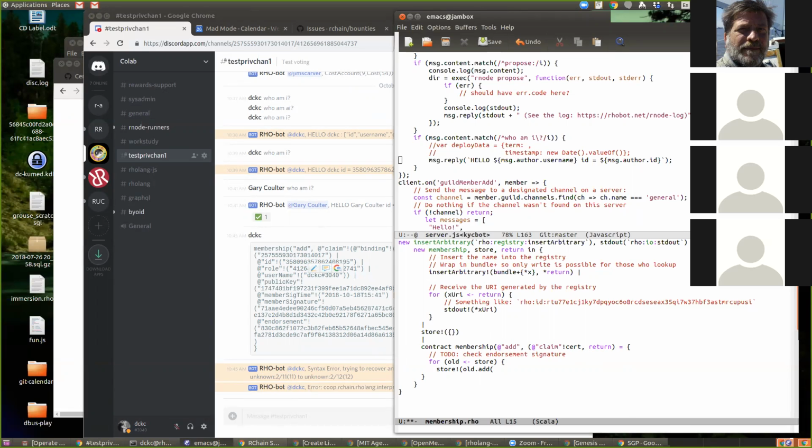And how are you going to store it? You're going to use a map to store it? Yeah, I've got an empty map here so far.